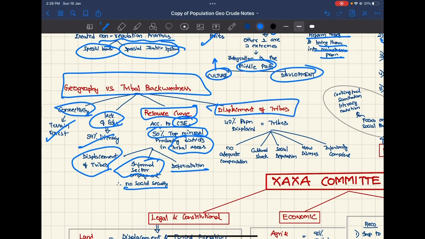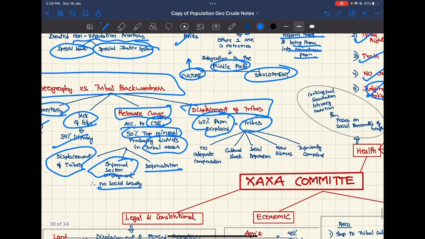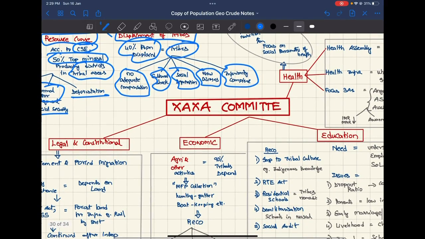Displacement of the tribes. 40% of the population displaced are tribes, and this will lead to problems because no adequate compensation is provided, cultural shocks due to moving to new areas, social deprivation, new diseases because they may not be vaccinated, and inferiority complex. To solve all this, the Kaka committee was constituted, and